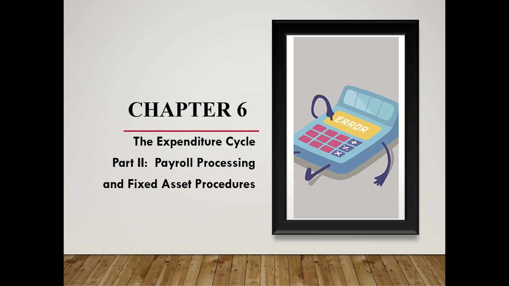Welcome again to our subject Accounting Information System, and we are now on Chapter 6, the Expenditure Cycle Part 2, Payroll Processing and Fixed Asset Procedure. This is actually a continuation of our Chapter 5, wherein we have already discussed the purchases system as well as the cash disbursement system. For today's discussion,